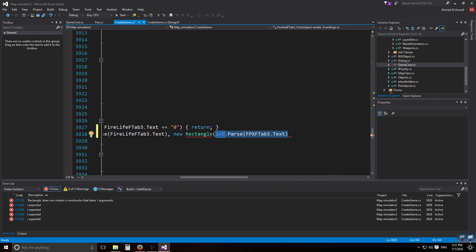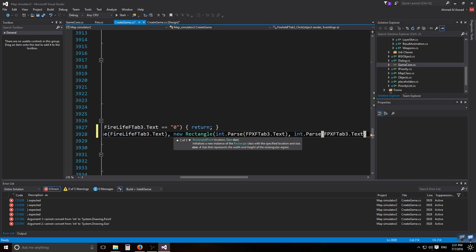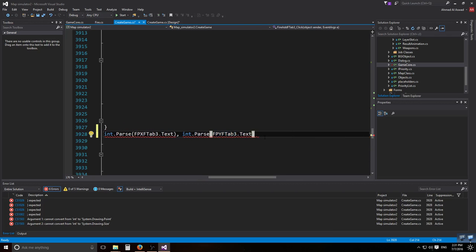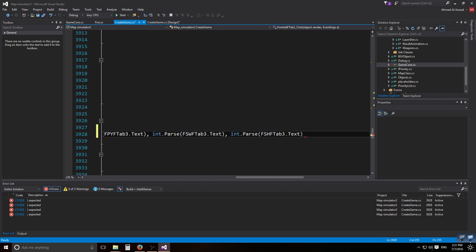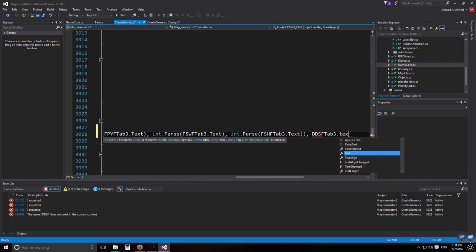Then FBY. And then I believe the width. Then we need the height. Then we need the description dialog,